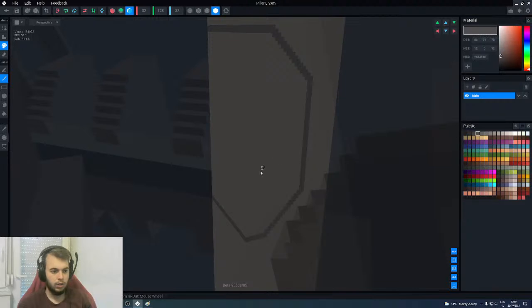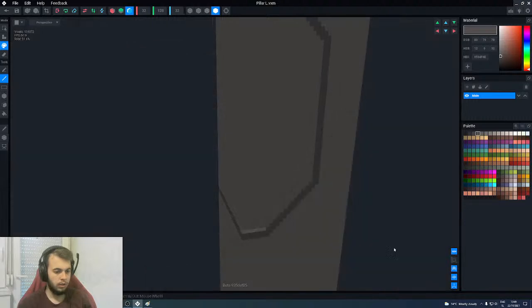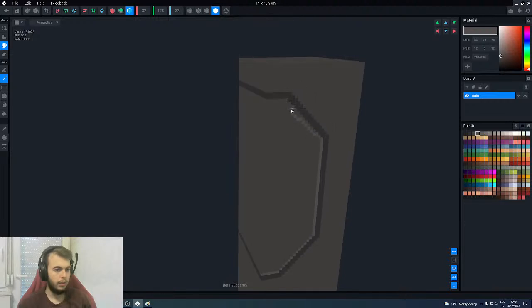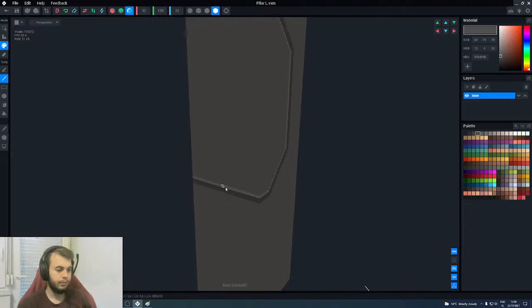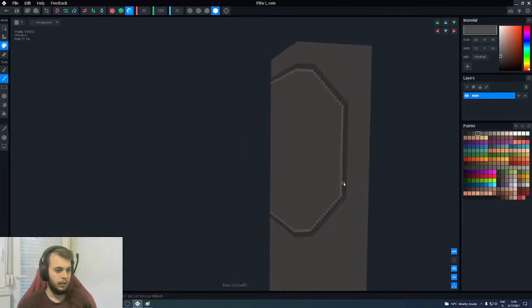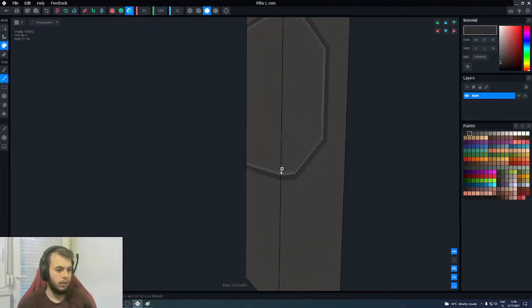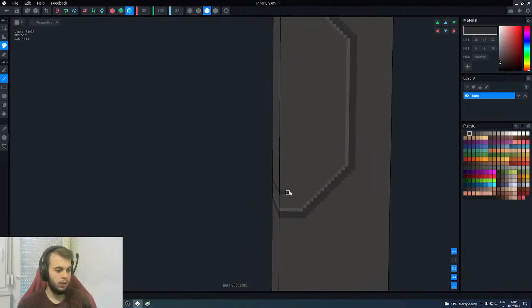Then I think we could make a little brighter outline. Let's get rid of that. Like so. And then we're gonna leave a little bit of it, so maybe 1, 2, 3, 4 voxels, and then we're gonna do another dark 1, 2, 3, 4. Okay,